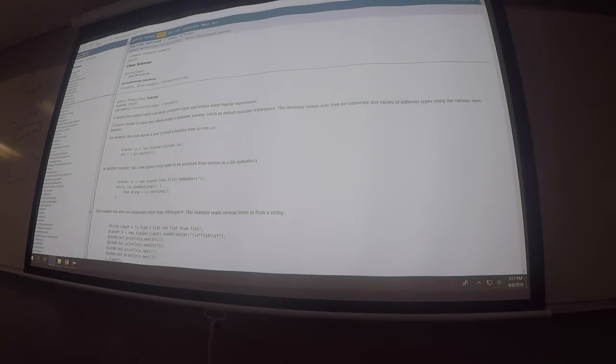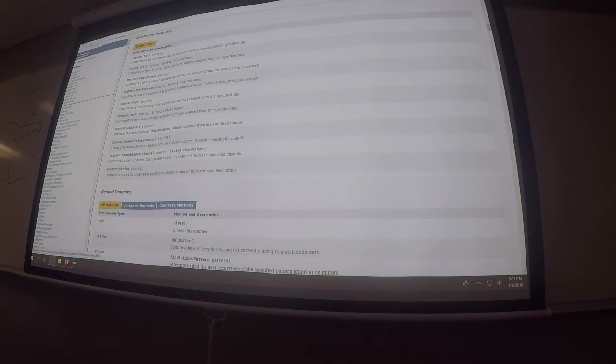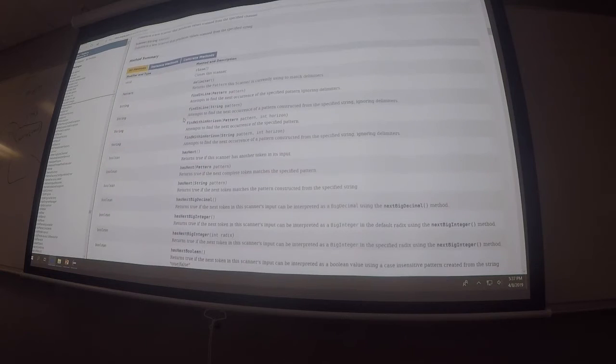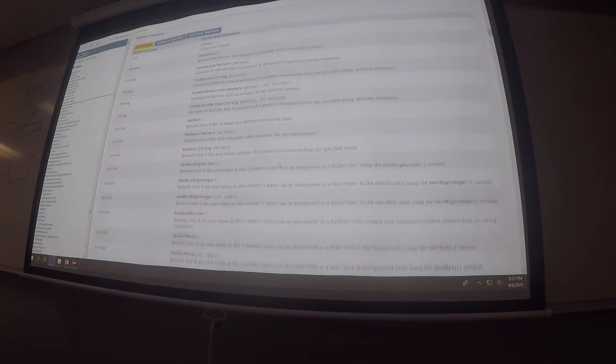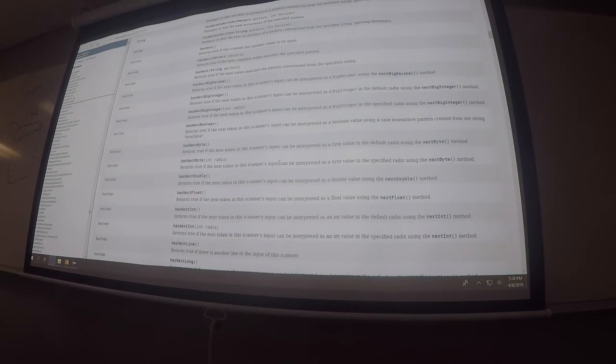Do you know final? Do you know extends? Yes. Do you know implements? Yes. Do you know generics? Yes. So you can read everything, and these are what? Constructors. These are what? Methods. So let's look at